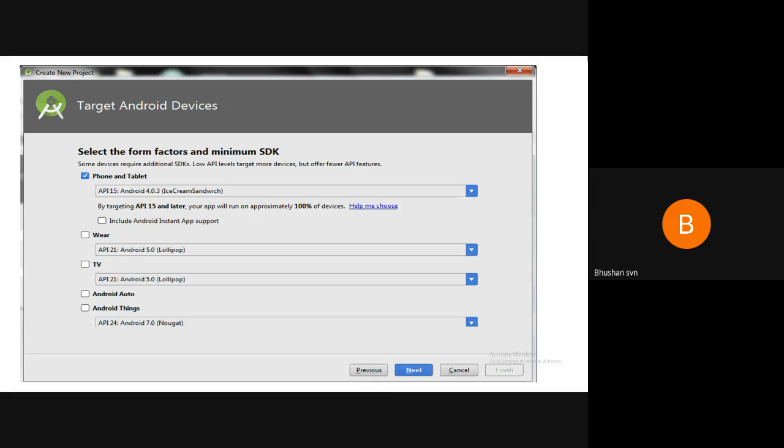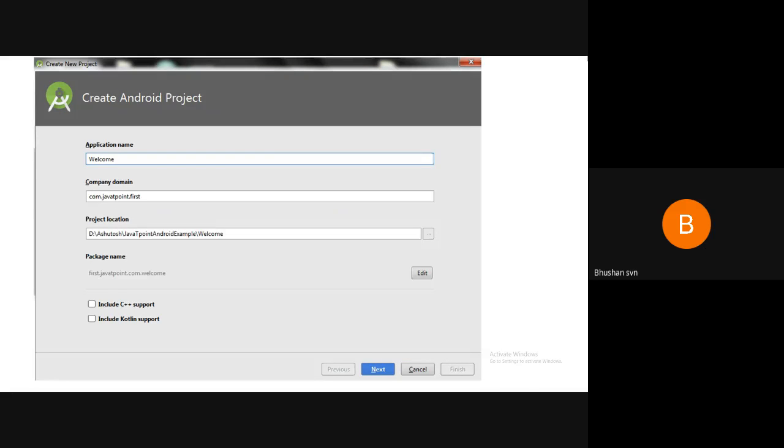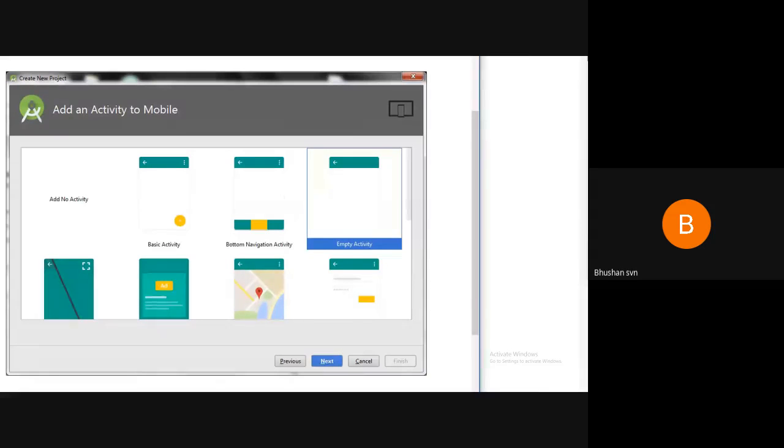You can connect your Android mobile devices to a laptop or a desktop, from which you can execute your applications or programs. There are certain default versions available, so based on availability, you can choose. And these are the different templates which are available.